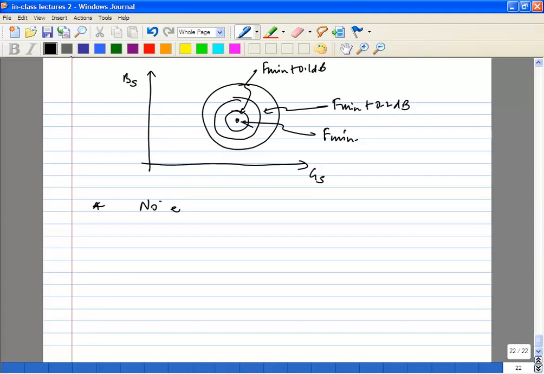The way we will proceed to an LNA is we will find the two-port noise parameters for an LNA, and then we will go from that to the match. We'll find out how you can match it for power for 50 ohms. In general, when you do your design, you'll be somewhere between the two. It won't be an exact noise match, and it won't be an exact power match.